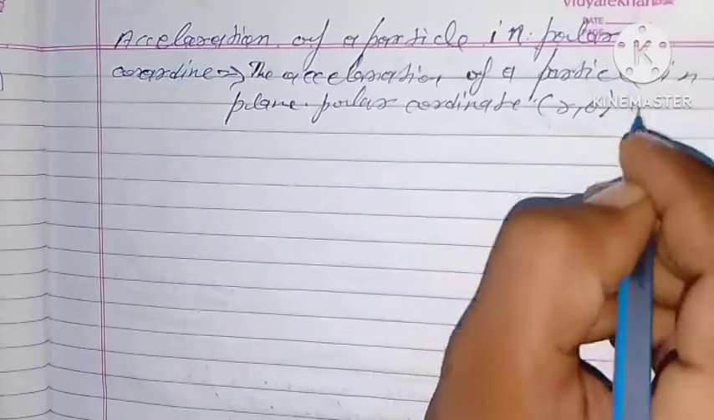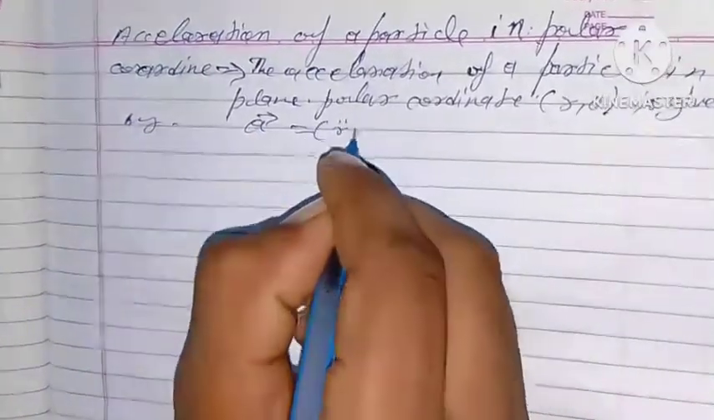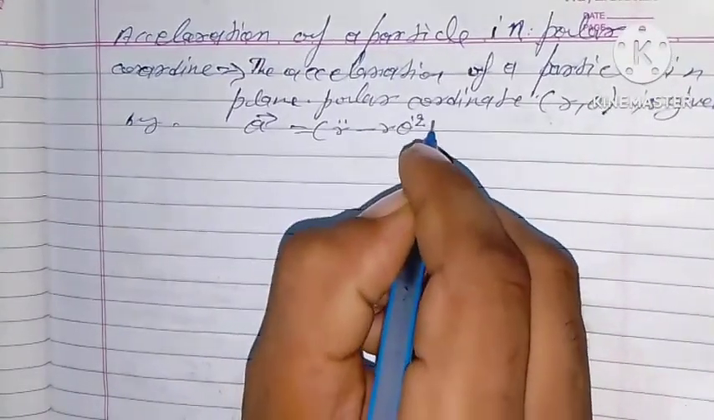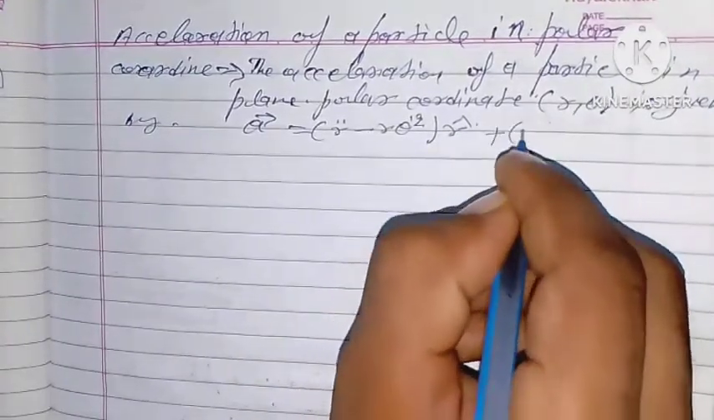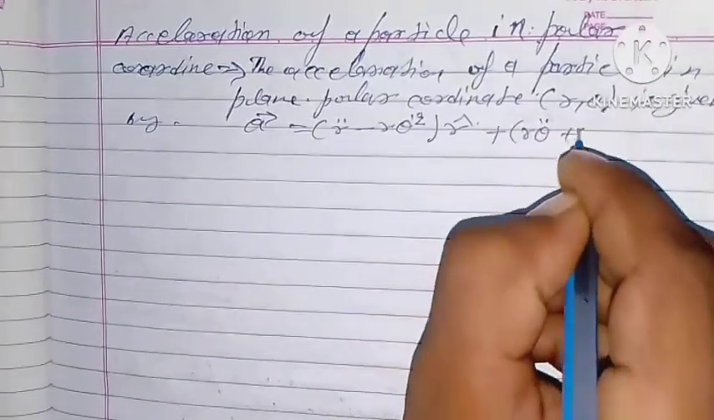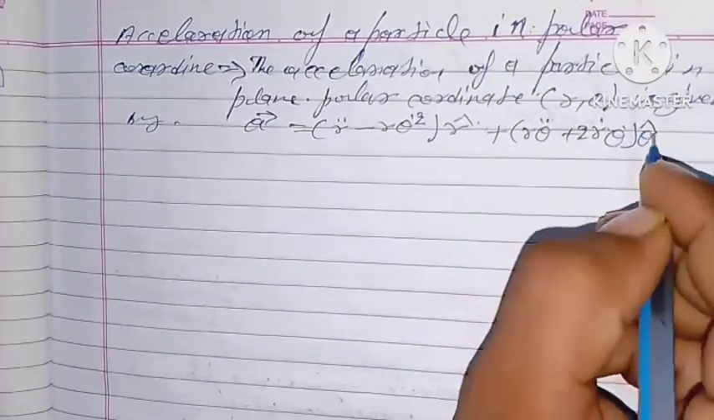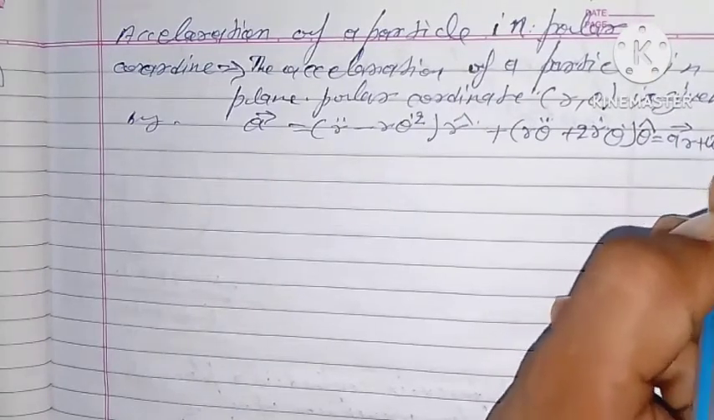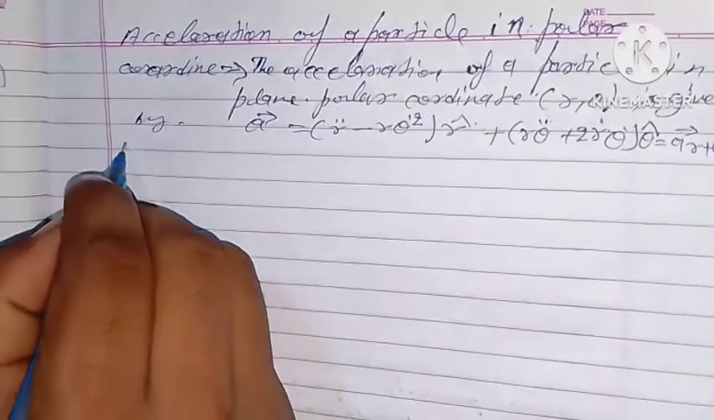The acceleration of a particle in plane polar coordinate r, theta is given by vector a equal to double derivative of r minus r derivative of theta square, unit vector r, plus r double derivative of theta plus 2 derivative of r derivative of theta, unit vector theta, equal to vector ar plus vector a theta,